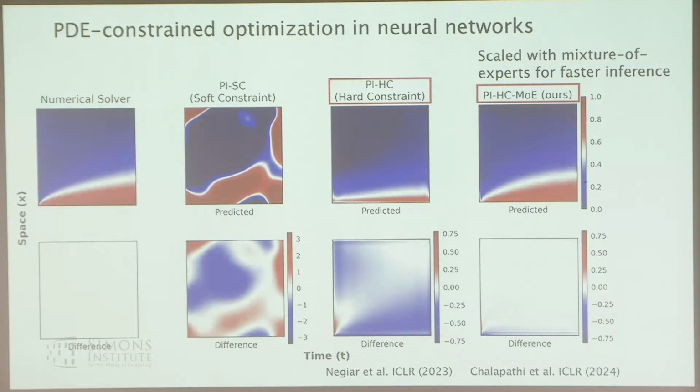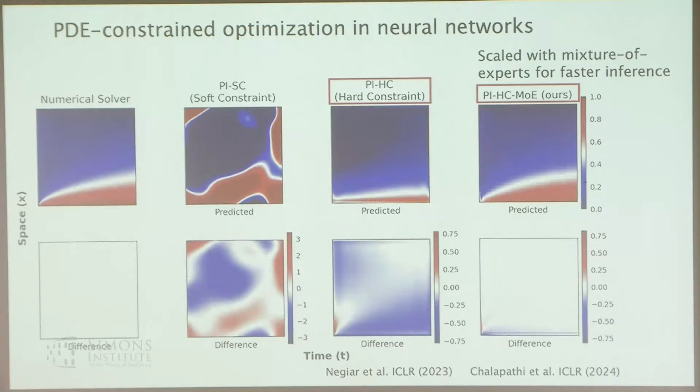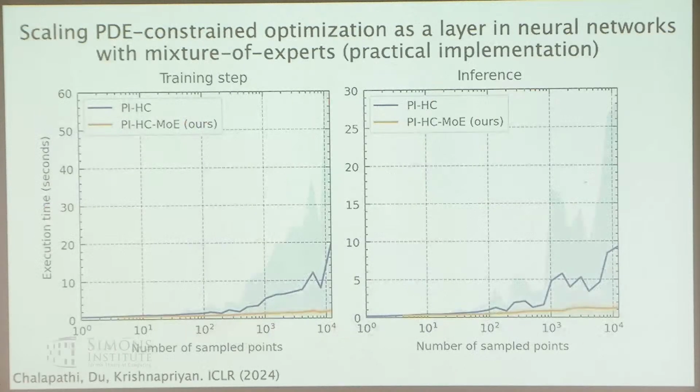But if you use this type of differentiable optimization with your neural network, you can get a bit closer to the right solution. One thing you may be thinking when you've seen this is that it's really slow to run an iterative solver on top of your neural network and run that for a bunch of steps. If you have to go through that pass each time at inference, doesn't that become really slow? But you can actually scale that up with a mixture of experts setup. The same things that have done really well at scaling some of our models in other areas of machine learning, you can apply that same type of setup in this setting. And if you actually do that, you get a lot of efficiency from that.